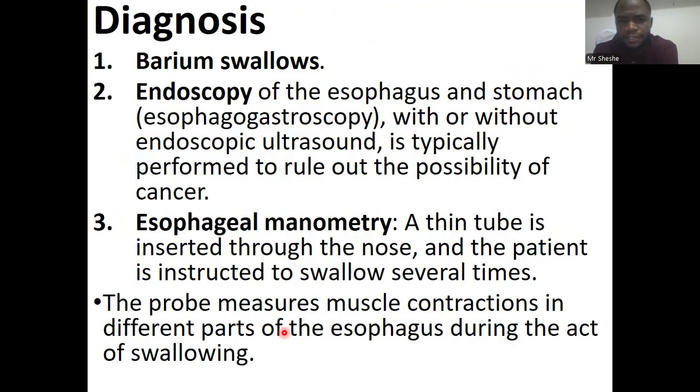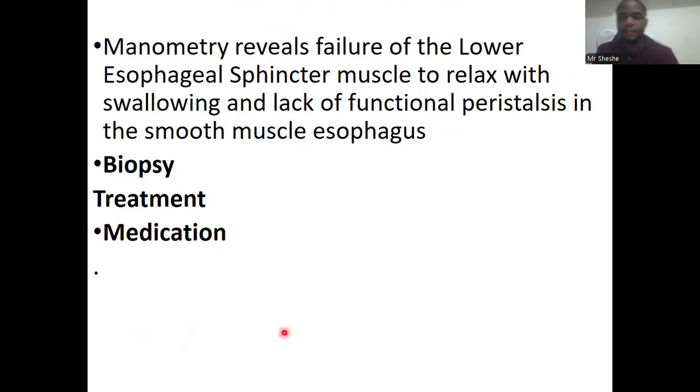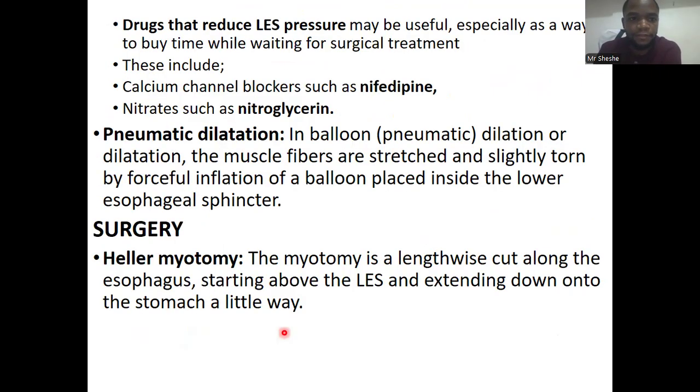Diagnosis more or less the same. You still need a barium swallow followed by X-ray or endoscopic examination. Rarely, esophageal manometry is done to ascertain the contractility of the muscles in the lower part of the esophagus. But a physical exam plus barium swallow, that would be enough, or endoscopy, that would be enough to come up with